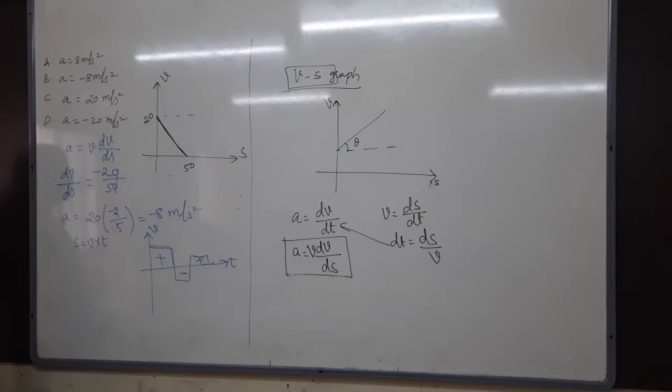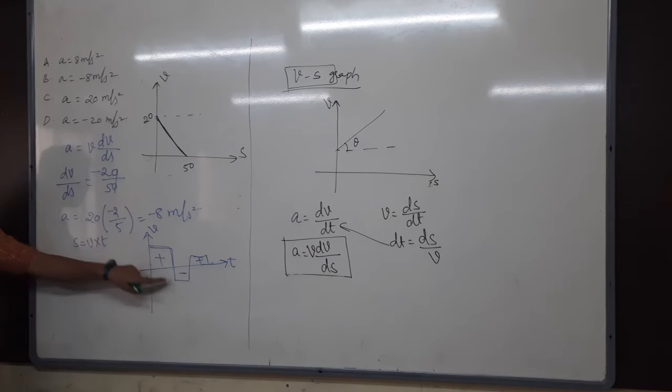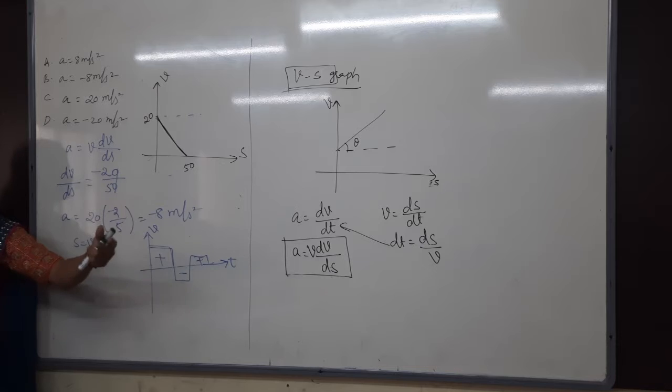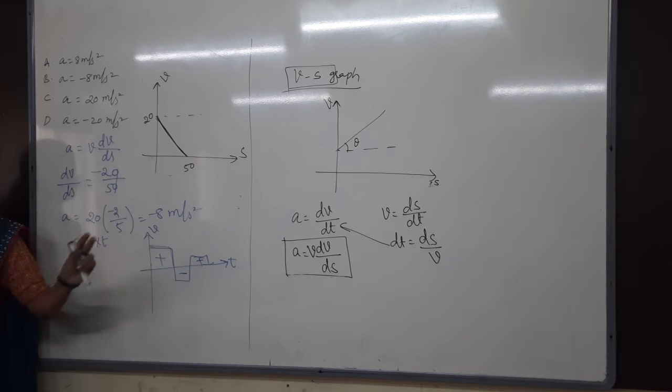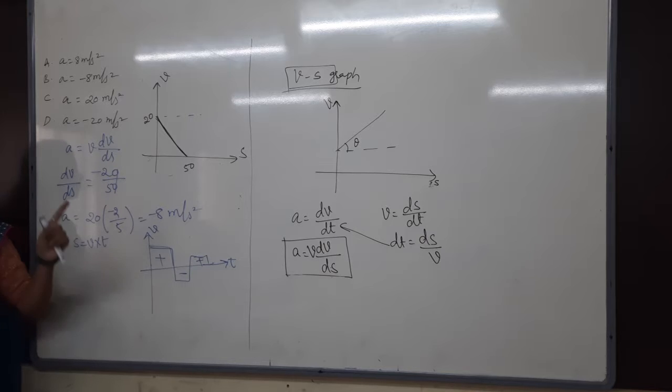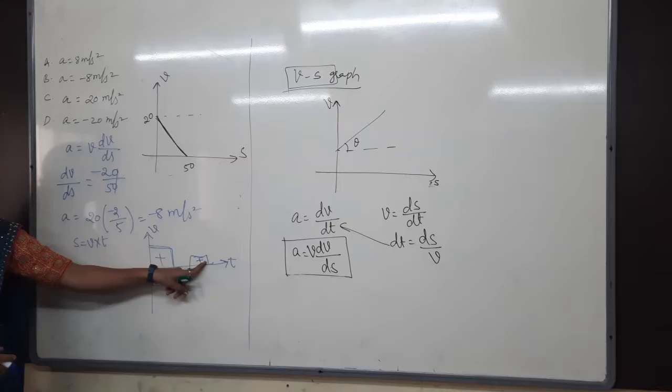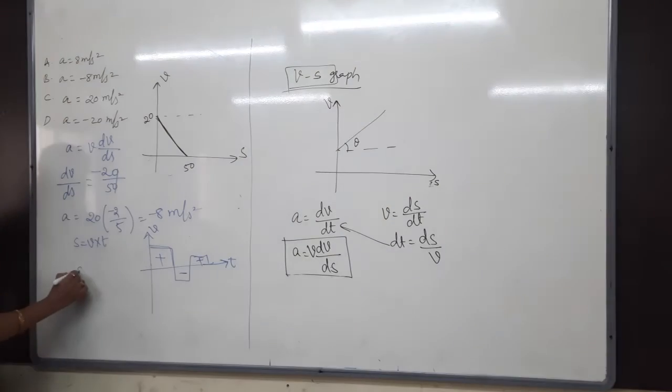While calculating the distance, you have to consider everything as positive only. Why? Because I said clearly, distance cannot be negative. Whenever a body is moving, it has already covered some distance and its position has changed. We can never change that. So distance you cannot take as negative, distance will always be positive. So area 1 plus area 2 plus area 3 you have to do for the distance.